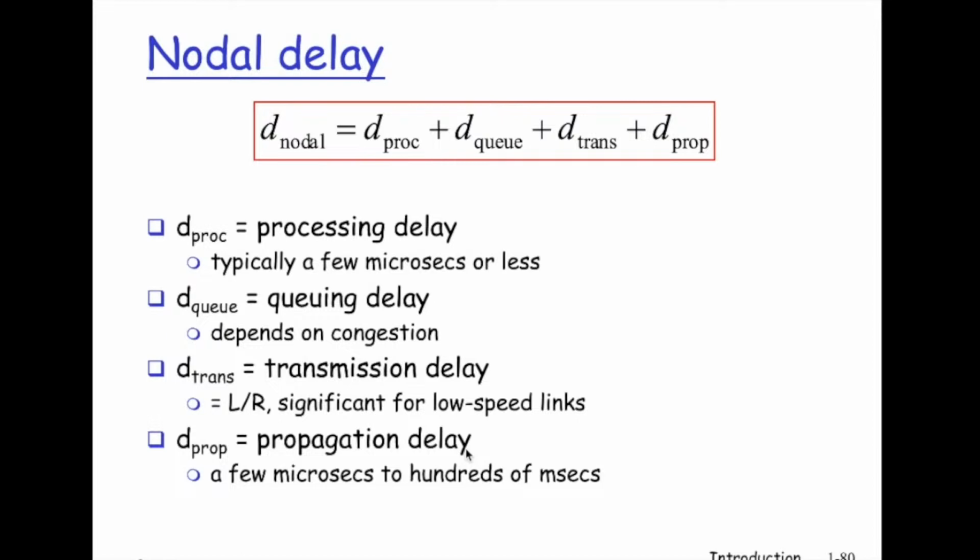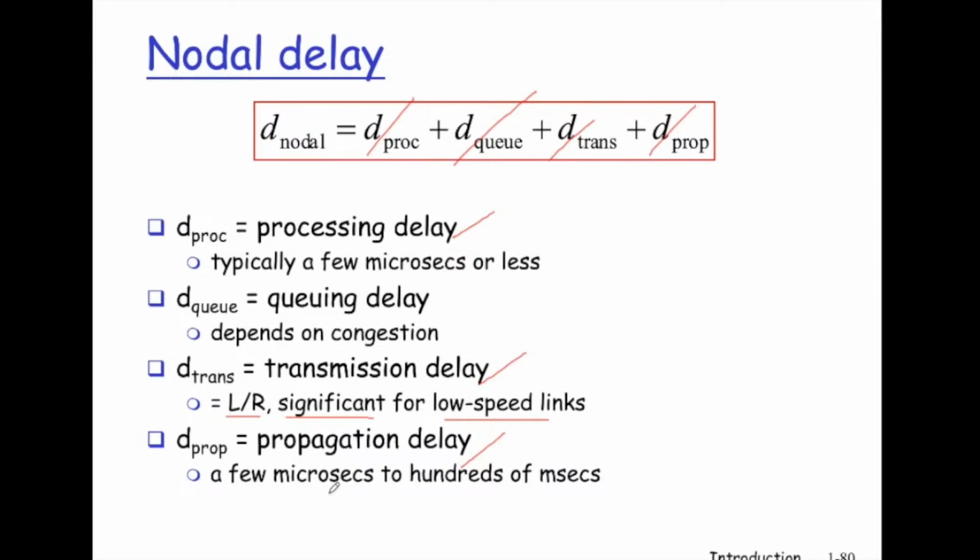Good. Let's sum up packet delay. There are 4 components: processing delay, queuing delay, transmission delay and propagation delay. Processing delay is very low, typically microseconds. We just ignore the processing delay when we calculate packet delay. Transmission delay and propagation delay are very easy to calculate. L divided by R, this quantity is often significant, especially for low-speed links.